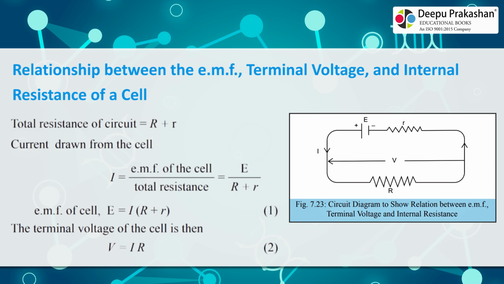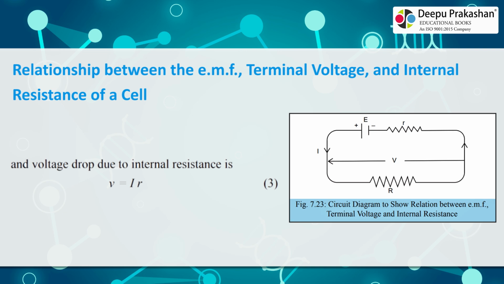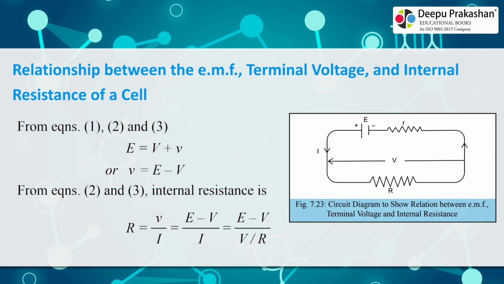The terminal voltage of the cell is then V is equal to IR, and the voltage drop due to internal resistance is v is equal to Ir. From equations 1, 2, and 3, E is equal to V plus v, or v is equal to E minus V. From equations 2 and 3, internal resistance is